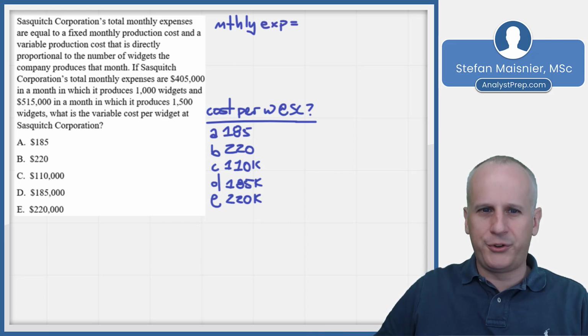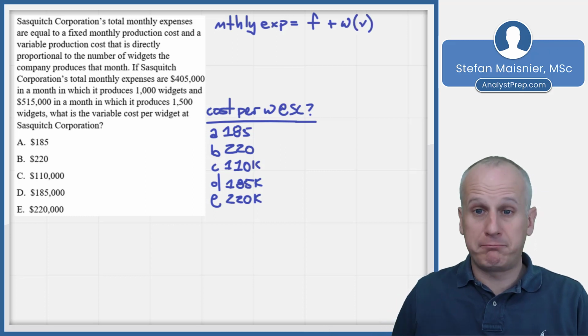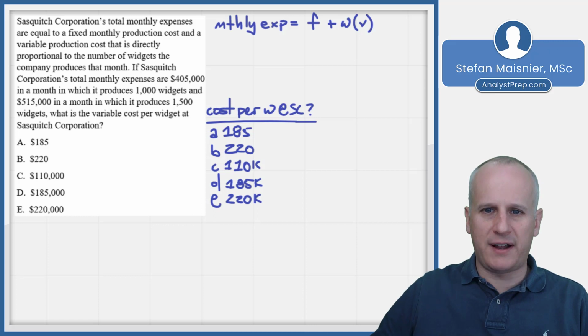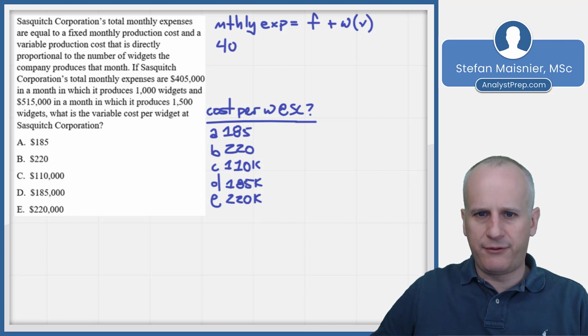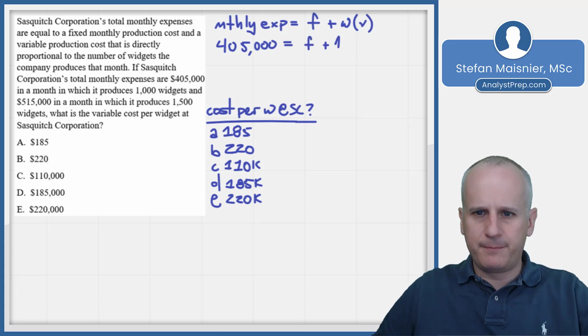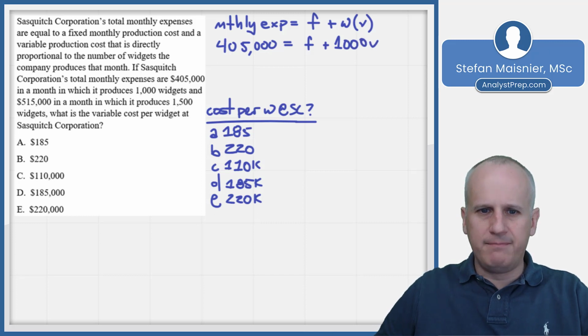MTHLYEXP are equal to a fixed monthly cost, so we'll call that F, and a variable production cost that is directly proportional to the number of widgets the company produces that month. So F plus W times, we'll just call it V for variable cost. That's it. If SC's total monthly expenses are 405,000, okay, so we've got 405,000 is equal to 1,000 widgets. So we've got F plus 1,000 times that V,